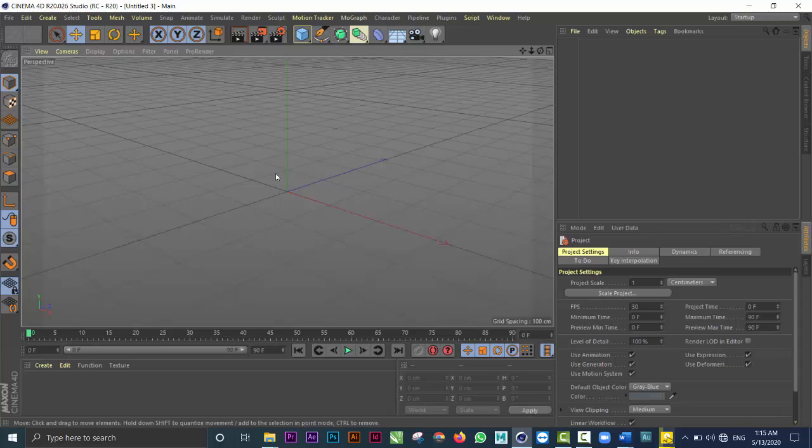The Cinema 4D interface has this large gray area in the center called the viewport, and you'll notice that the viewport has a grid and the grid has some colors associated with it. These colors are extremely important. They are red, green, and blue, and they correspond with different axes, and the entire concept is the x-axis is always red, the y-axis is always green, and the z-axis is always blue. And these arrows that you see down here indicate the positive direction, so the negative direction is on the opposite